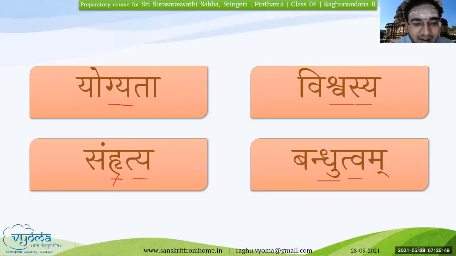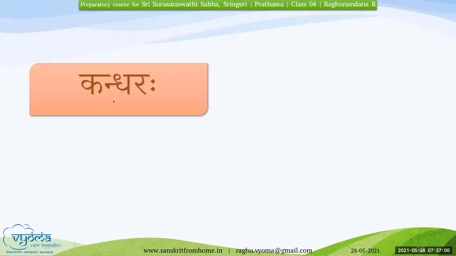Very good. But in Samhritya, h plus r is a Gunitaksharam and not a Sanyuktaksharam. So t and y is the only Sanyuktakshara in this Samhritya. Okay. Uttamam. So this is a common mistake most of us make many times. We consider a Gunitaksharam to be a Samyuktaksharam in some places, but we have to ensure whether it is a Samyuktaksharam or a Gunitaksharam. Okay, we'll go to the next slide. Gandharaha. Very good.